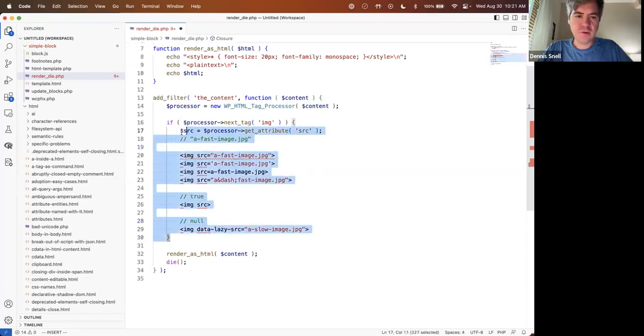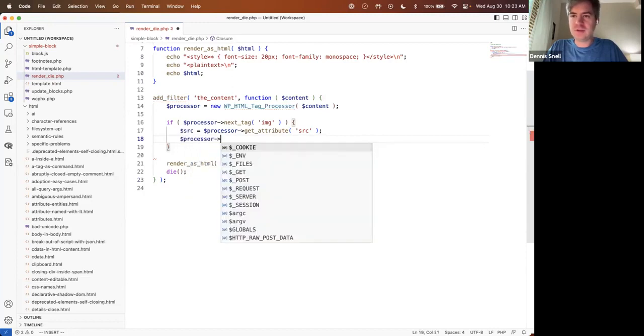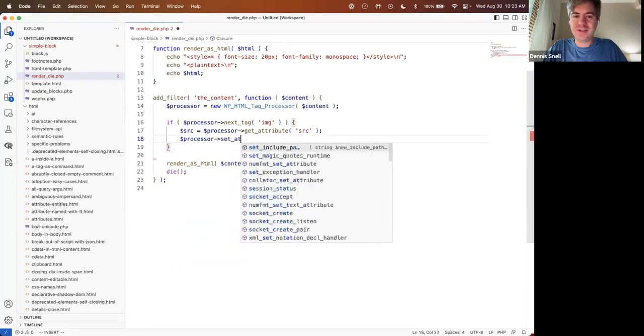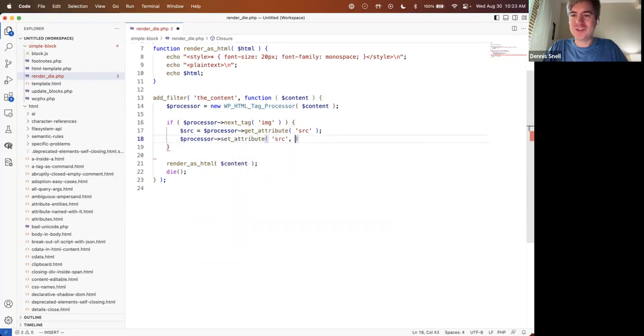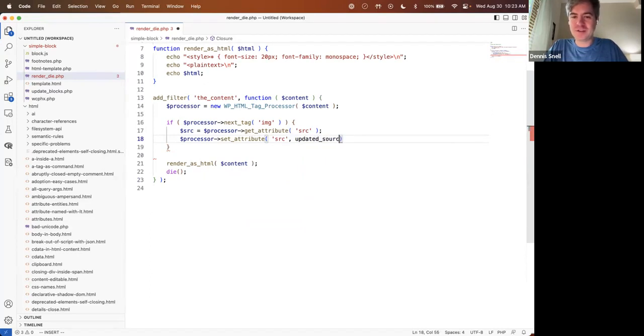And again, all we did was we told it, find me an image, get me the attribute. And if we wanted to set it, anybody have a guess at how we're going to tell it to change that attribute? That's right. We're going to call set attribute. We're going to give it a name, and we're going to give it an updated source